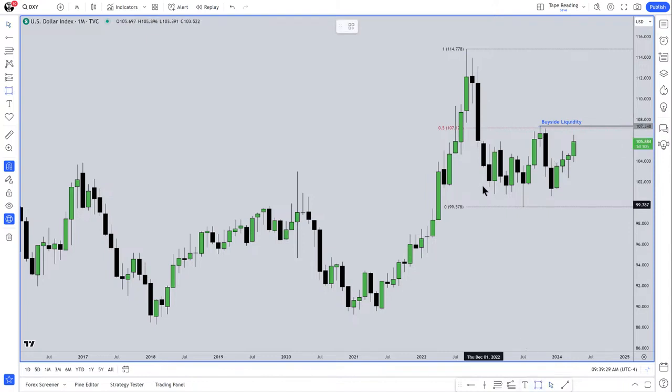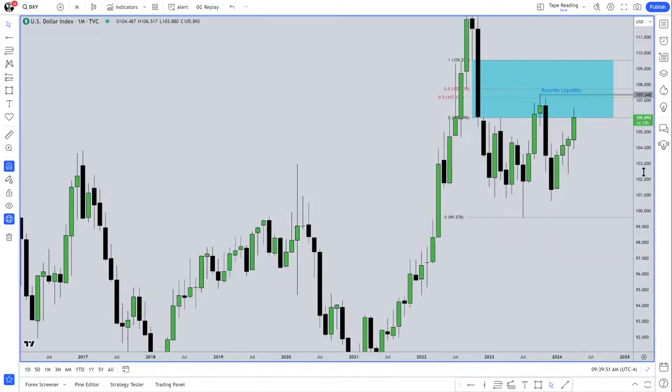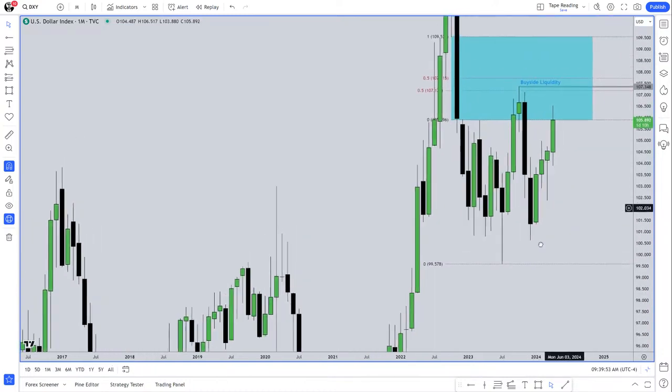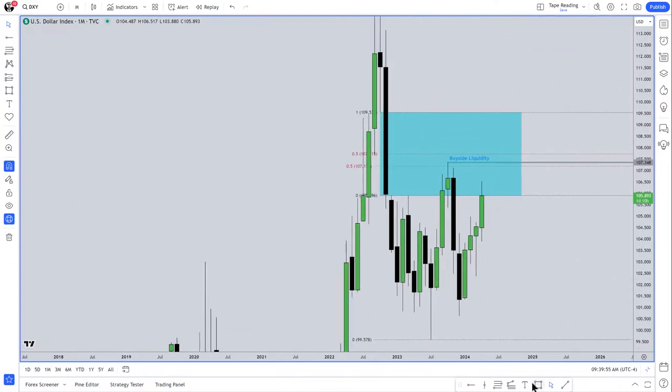So this confluence of this high having buy stops and inside this inefficiency, and if we split that in half and get the consequent encroachment or midpoint of that gap, you have a high degree of probability. I trust, I believe, I'm not saying that you should, this 50% is